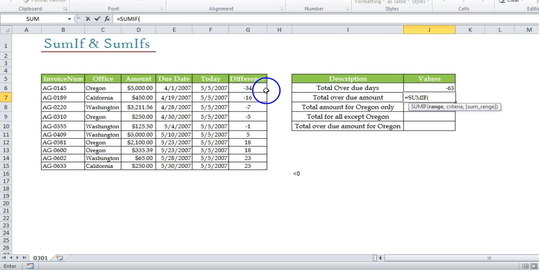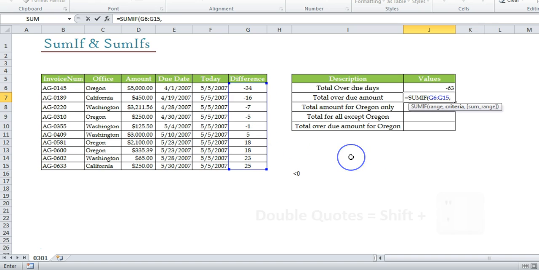So range will be this one, comma, and you have noticed that it's a complete range because Excel is going to take up all the negative numbers by default on the basis of the condition. Comma, criteria will be, again we are talking about overdue, which is negative.